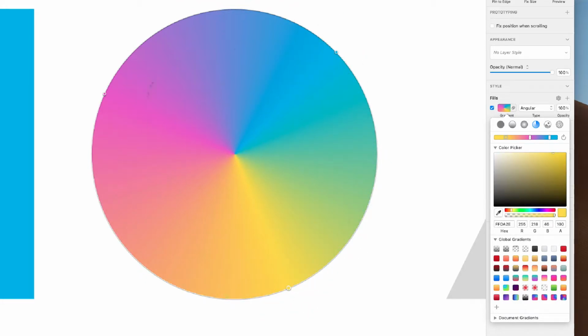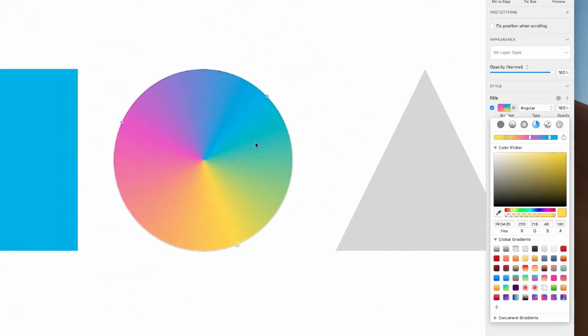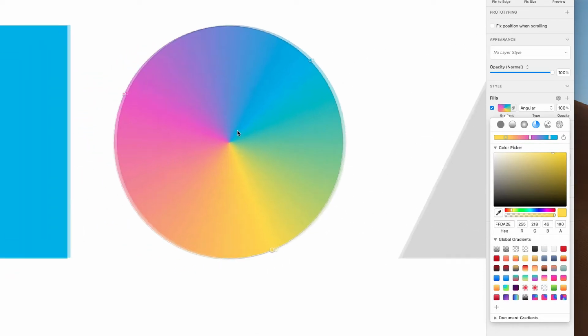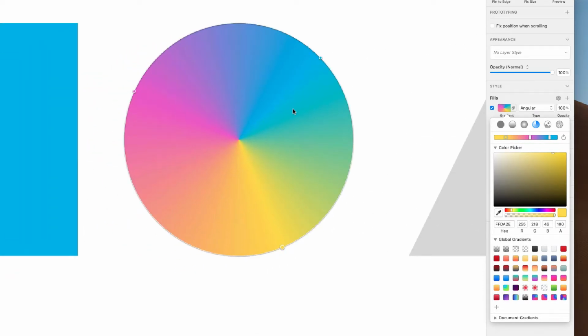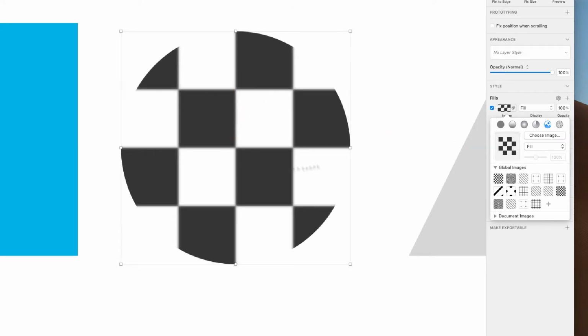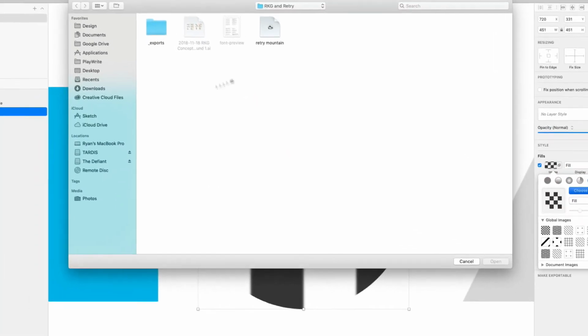Now I've got a little bit of the Mac beach ball, which is nice. I think I might be missing a color or two there. The next fill is a photo fill. I prefer photo fills to masks quite a bit. A photo fill essentially gives you this terrible black and white picture to start, but you can choose an image,